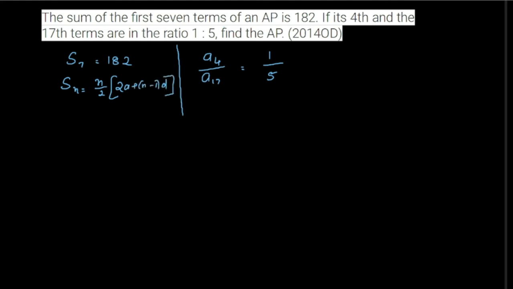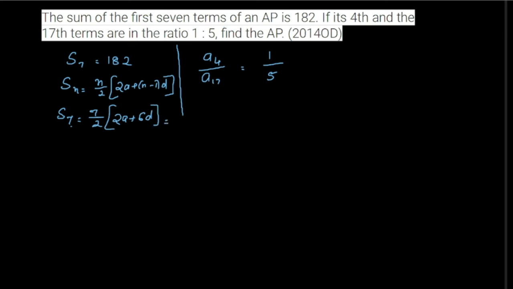Here we have to take this formula because the last term is not given. We cannot take the n by 2 into a plus l formula. We need to take only this formula, n by 2 into 2a plus n minus 1 into d. So S7 is equal to 7 by 2 into 2a plus 7 minus 1, that is 6d,